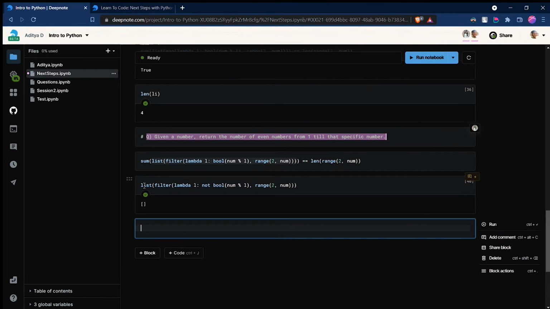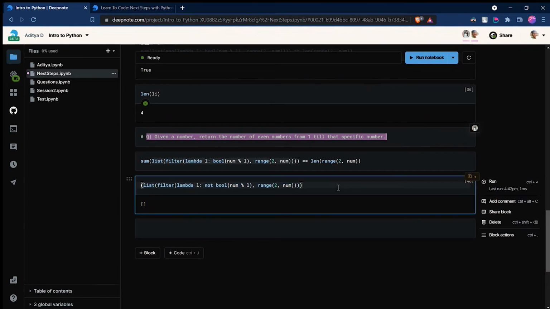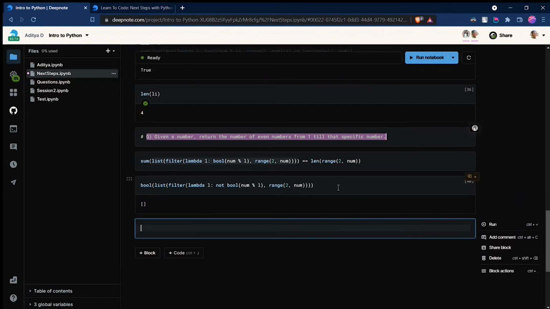Now converting this list to Boolean. While converting a list to Boolean, all the list checks is if it has elements, it's true. If it has no elements, it's false. So now because it has no elements and returned false, we know whether our specific number is prime. So this is not prime, so that's what we are returned. We just have to be careful what it returns. So that is one more thing you can do. Instead of map, you can use the filter function. You can try that out also.